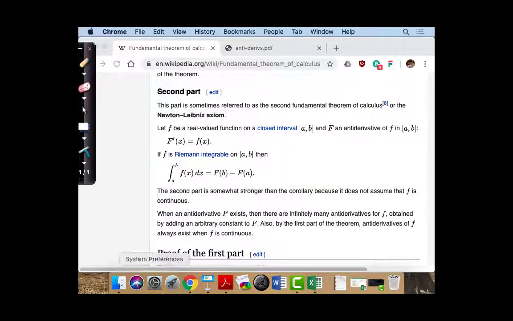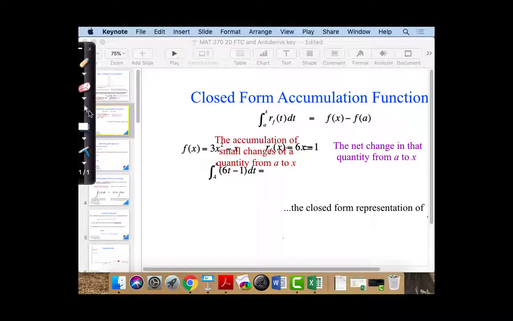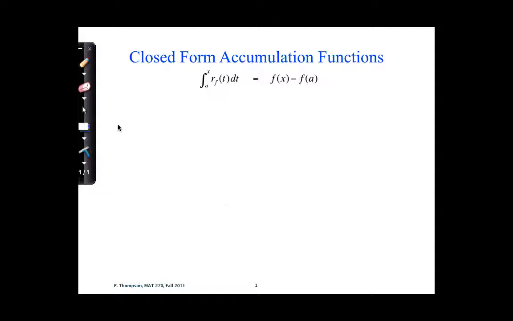So let's go back to this thing. Here we go. Here's our statement again. The accumulation can be between two specific numerical values, or it can start at a numerical value and end in a variable. You could even make a function with two independent variables and describe the starting and stopping points in terms of one another. But this represents accumulation due to this rate function between independent variable values of a and a general x,